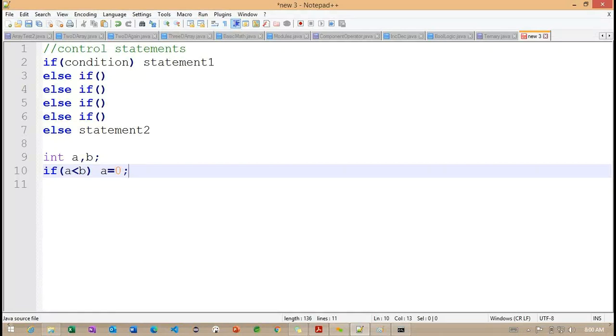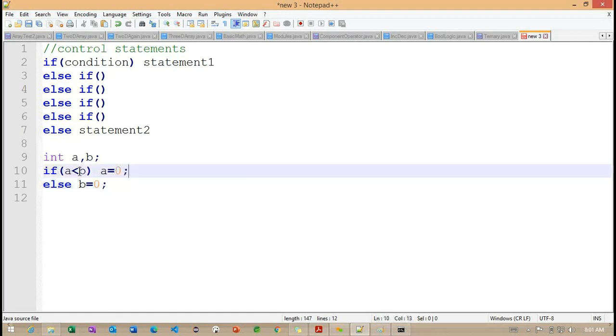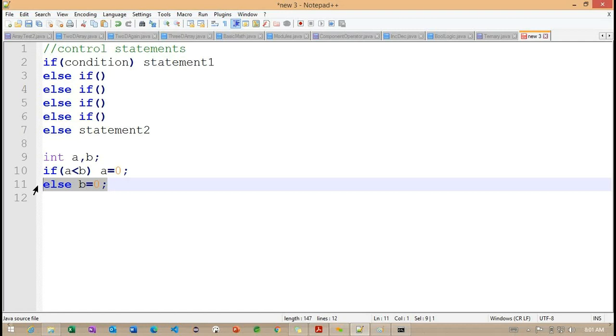Whenever this if condition is satisfied, we initialize this value. Otherwise, directly we can go for b is equal to 0. If this condition is not satisfied, it will come to the else block and initialize the b value.